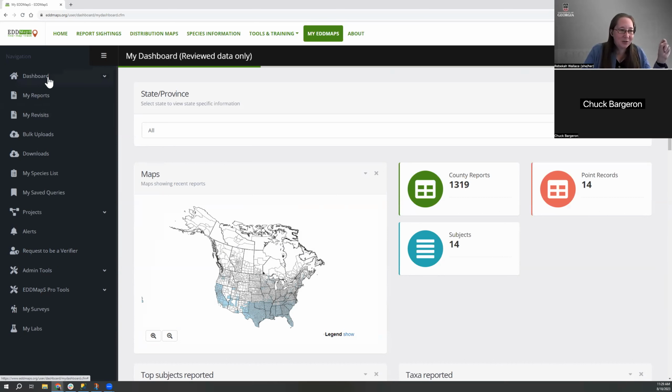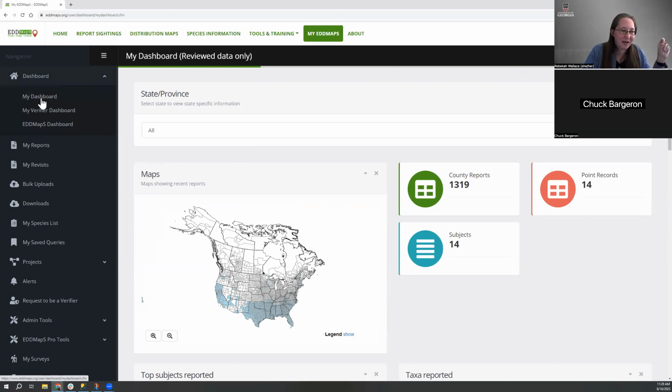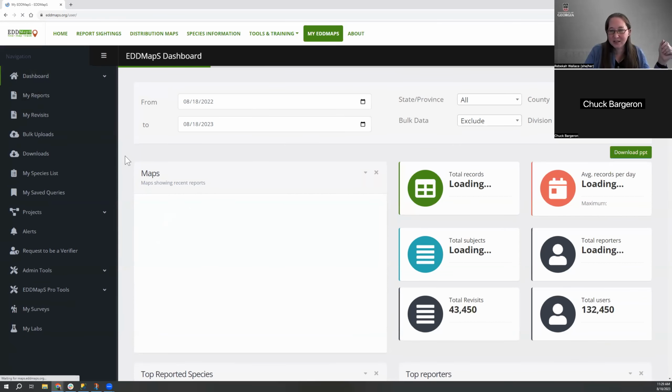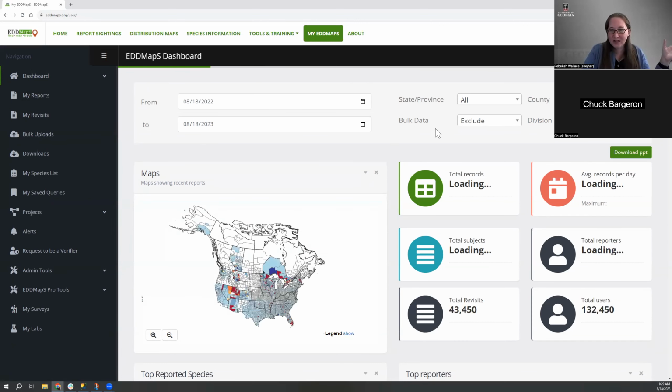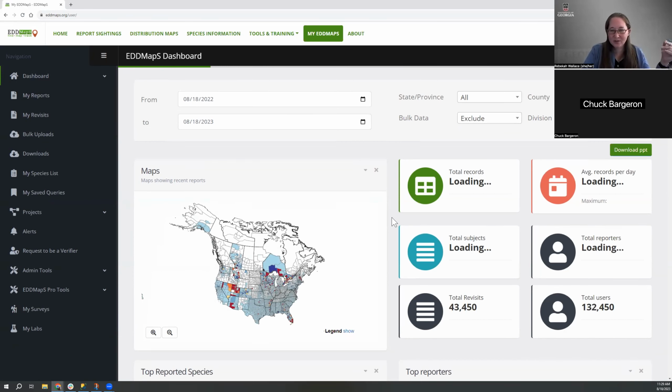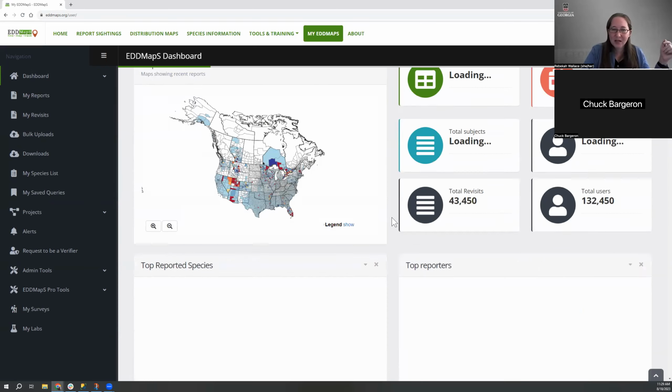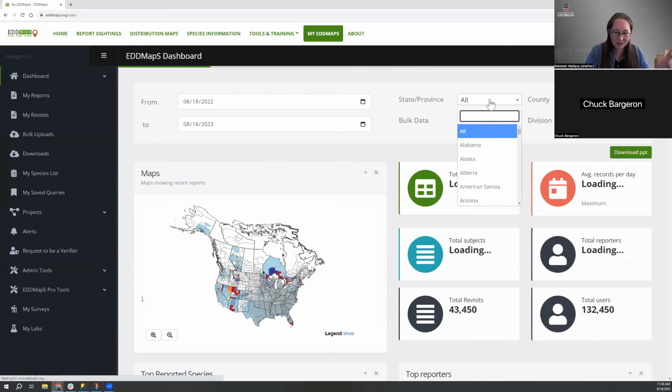But if I go to dashboard, I have my dashboard, which defaults to my verifier dashboard. So I am a reviewer for EDDMapS records. I don't review a lot because that's not necessarily part of my job. And then the EDDMapS dashboard. So this is another place you can look to see, okay, what's going on in my state, in my county, and you can get a visual representation. It's taking forever to load because I have it set to the US. So if I change this,